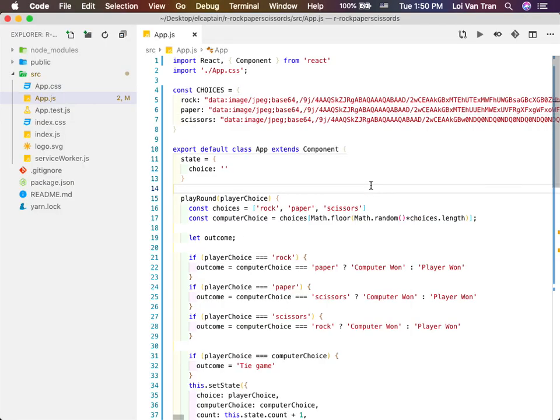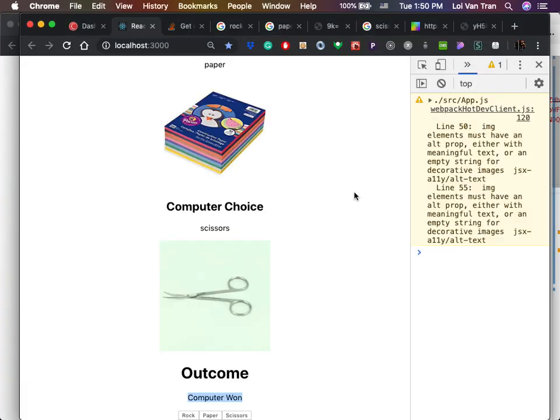Okay, so that was a quick introduction to state. Okay, now I want you guys all to do this, and for those of you who have already done this, I want to see percentages. Now, I want to see a list right here. I want to see a list of all the games who played, who won, who lost, and then below that, I want to see how many rocks were chosen, how many papers were chosen, and etc. And then when you're done with that, I'll come up with something else. Okay? Now I want you guys to